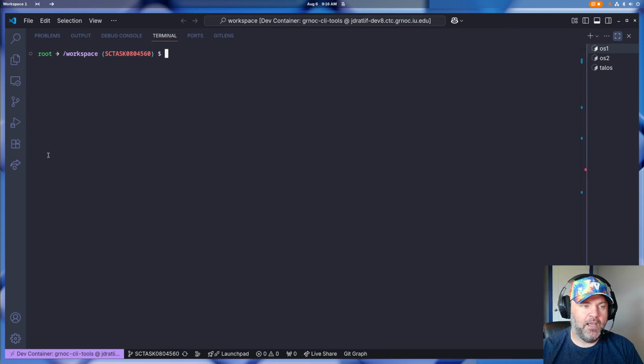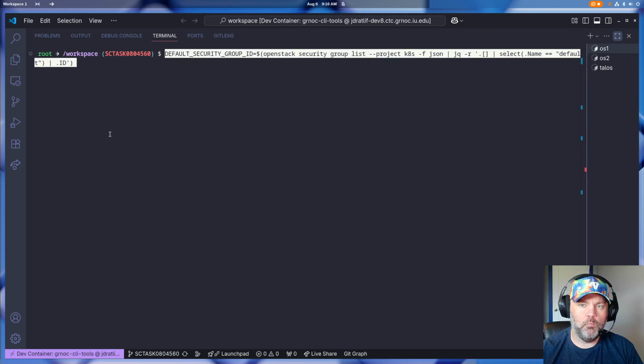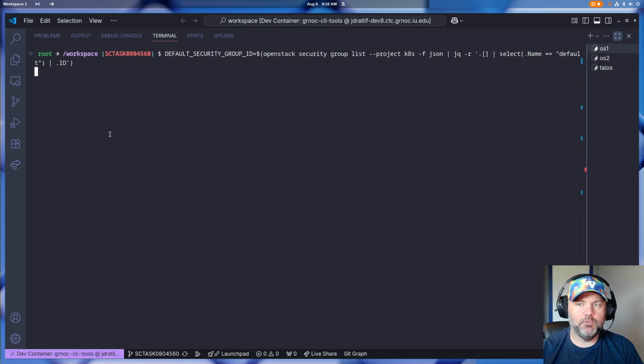Now, in my OpenStack, I have access to multiple projects. Every project has a security group named default, so I can't use the name default because that will confuse OpenStack. I need to get the specific ID of the default security group in my project. So I'm using this command to get that. You won't have that if you have access to only a single OpenStack project, but it's something that I have